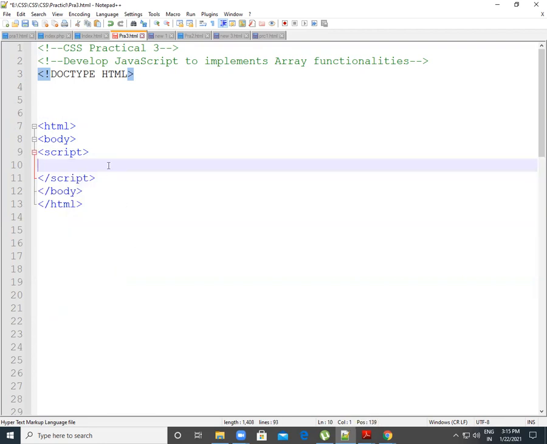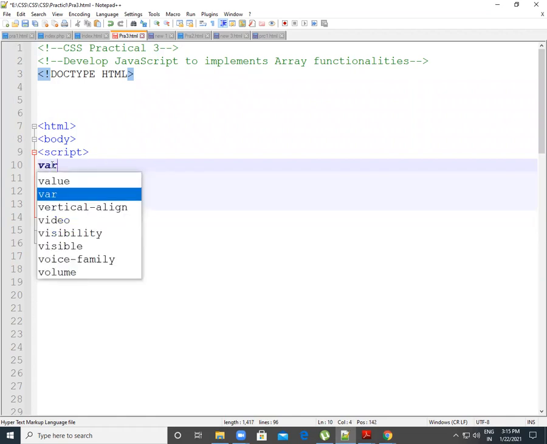Okay, now for sorting the array or sorting the elements, we use our fruit list for that. So let's start.